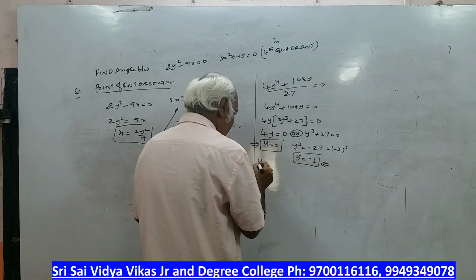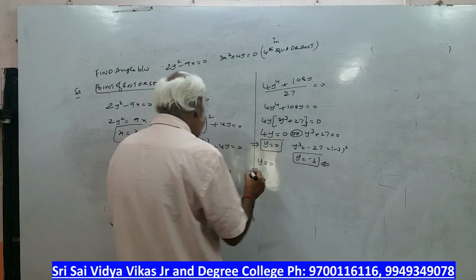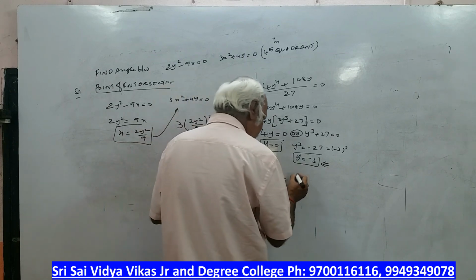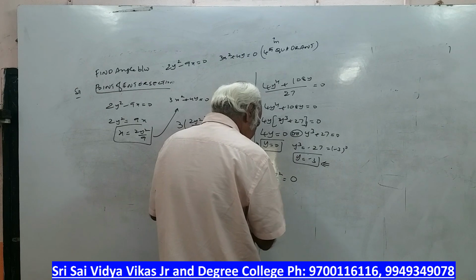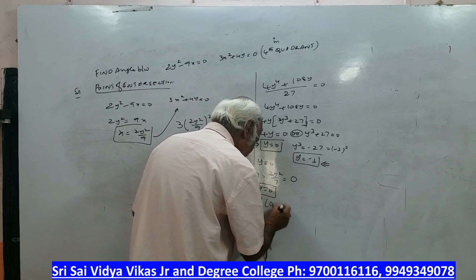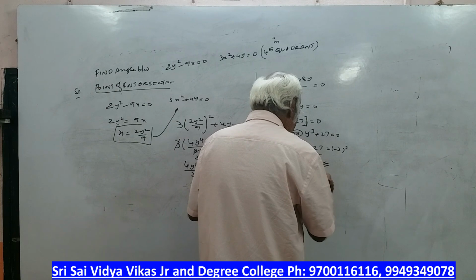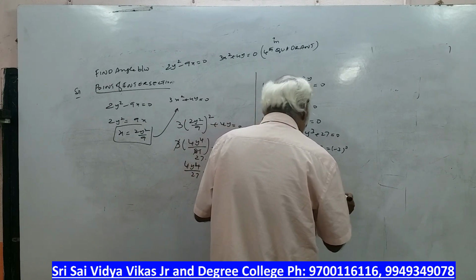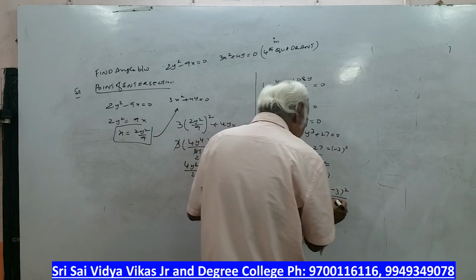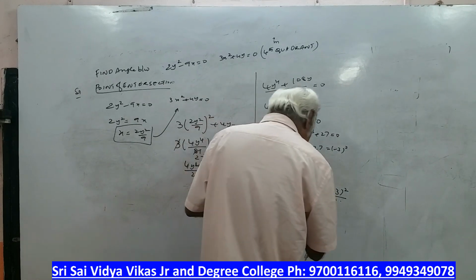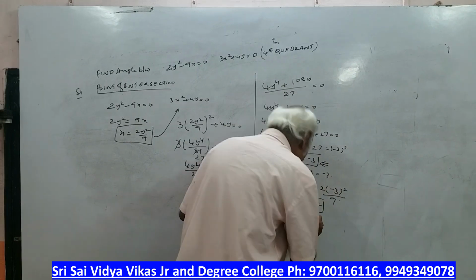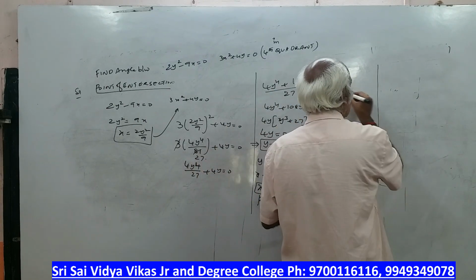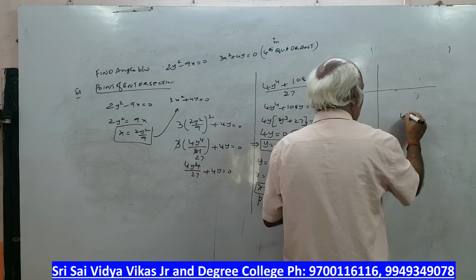So y is equal to 0. What do we get? x is equal to 2y square by 9. So the y value is 0, so this becomes 0. So x is equal to 0. Therefore the P point is 0 comma 0. Again, y is equal to minus 3. So x is equal to 2 into minus 3 whole square by 9. So 3 square is 9, 9 will get cancelled, x is equal to 2. So what is the Q point? 2 comma minus 3.